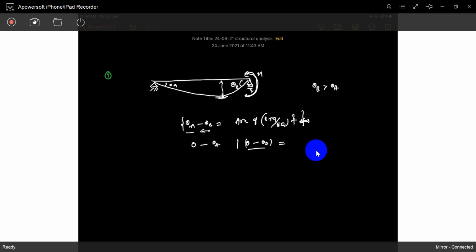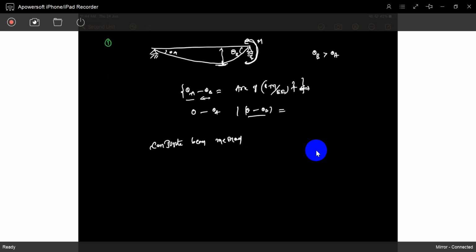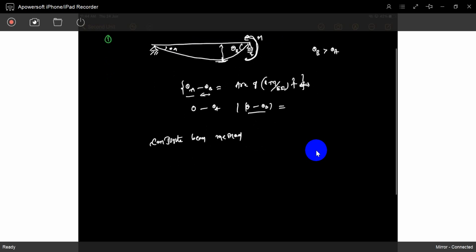If you go through the Macaulay method or another method, the double integration method, those are preferable. So some methods are suitable for some structures, some forces, some applications of forces. Some methods are not easy for finding those unknown quantities. Do you understand? So I will solve this by the conjugate beam method. Why did I choose the conjugate beam method? It is also easy. I think you know it. It is discussed in the slopes and deflection chapter.